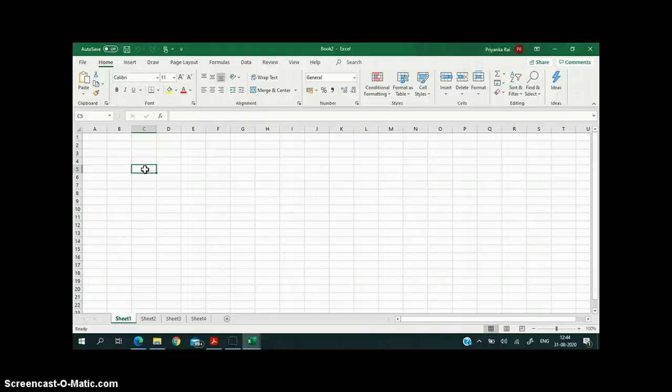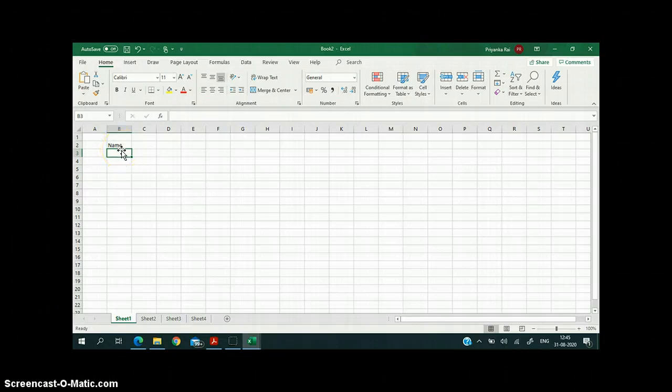Now entering data. So how can we enter data in a worksheet or a cell? Firstly, the cell in which you want to enter the data, you have to make it active. So I want to enter the data in B2. So I have made the cell active and now I will type the data here. Name. So I have typed name and then I will press enter. So in this way, the data has been entered here. Now the data is here.